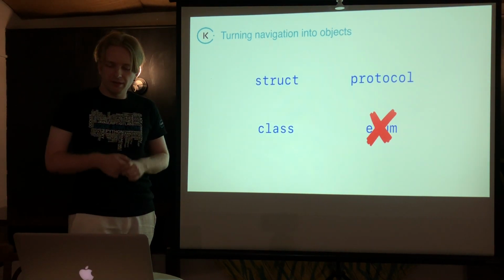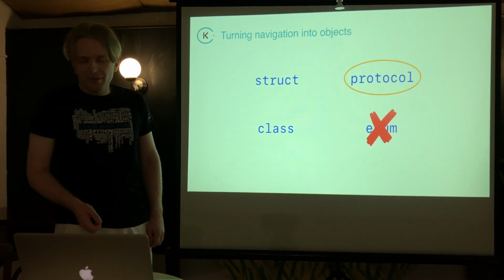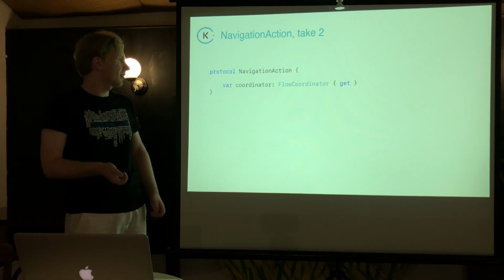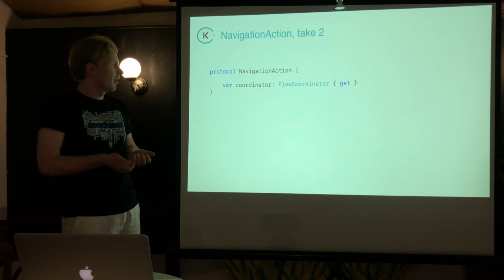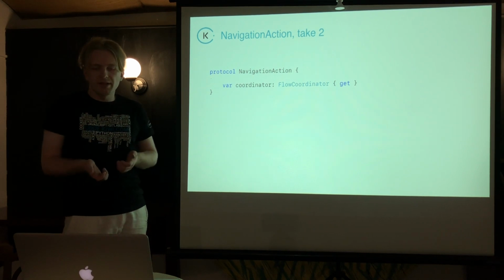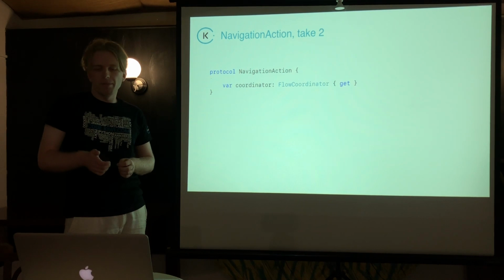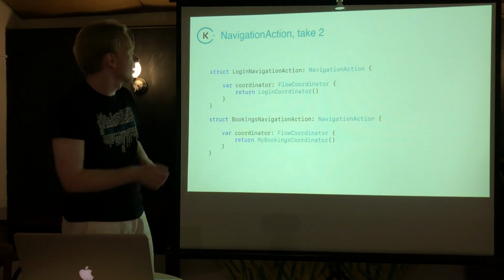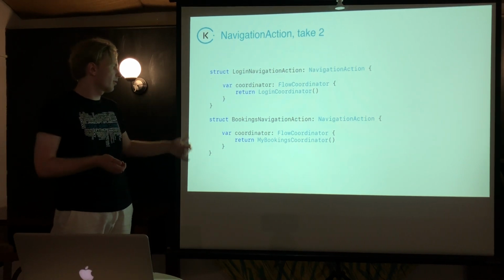Finally, we settled on a protocol, because, you know, Swift. And the protocol is actually very simple. The only thing that it does is what the enum did before, but it's now a formal requirement that each action needs to return a coordinator. This is much more flexible, mainly because each of the navigation actions is now its own type, and we can separate them. It doesn't have to be one enum. We can have an action for login, an action for showing my bookings,